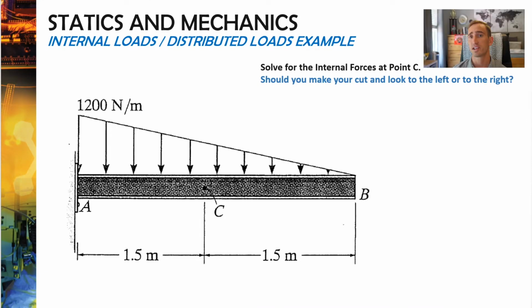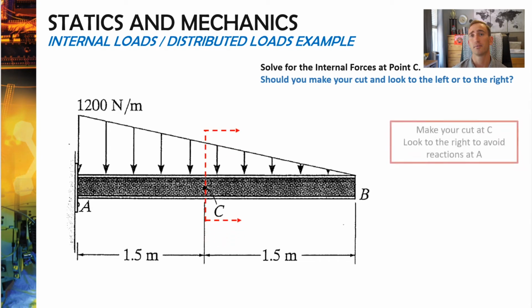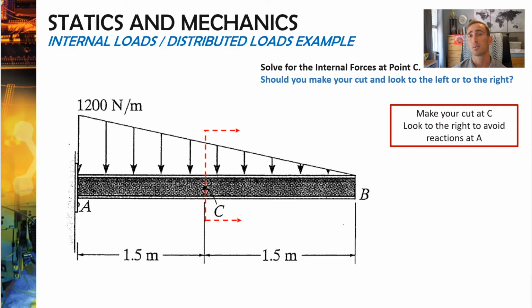Now let's look at this example here. The question asks us to solve for the internal forces at point C. So our first question should be, alright, let's draw a dotted line through C and figure out, do we want to keep the left or do we want to keep the right? As I explained before, in this question here, we are going to want to keep the right side of the cut. And the reason is so we can avoid the trapezoidal load and so we can avoid the reaction forces at A. Once we cut there and draw the free body diagram of the beam and the triangular distributed load,